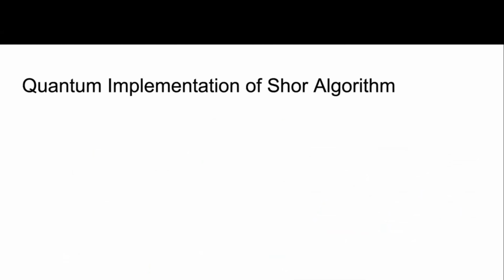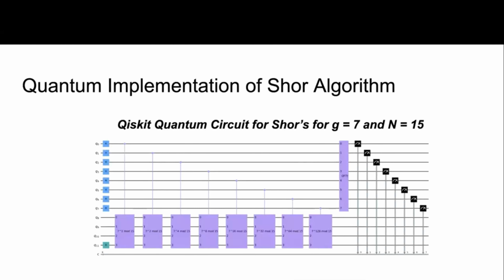We can check out the quantum implementation of Shor's algorithm in Qiskit. So here, this is the circuit that actually implements Shor's for our g equals 7 and n equals 15 example. And we can see our components of our calculation, our modulus calculations here, and our QFT here. If you want to do more